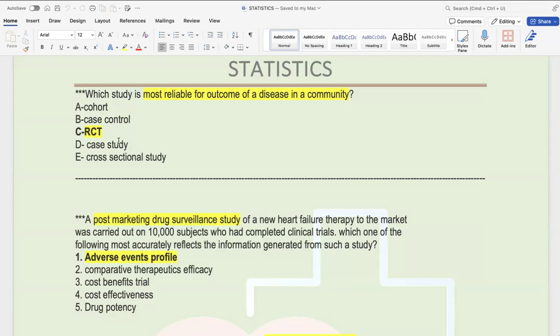Now, randomized controlled trial means that you don't choose who is going to be in the experimental group and who is going to be in the placebo group. You just find it randomly. So when we choose randomly between the experimental and placebo group, it's called a randomized controlled trial. So you don't know who you are choosing as the experimental group or the placebo group, because that actually reduces the bias.